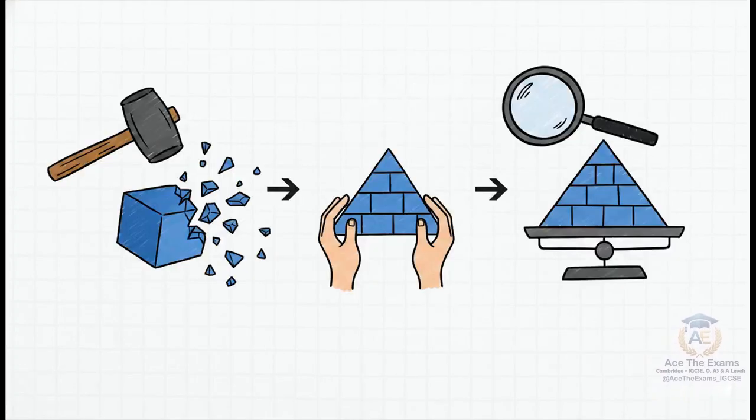If we were to boil all of this down into one ultimate triad for critical analysis, it's this: deconstruct, solve, evaluate. You break down the given information into logical pieces, you solve it step by step, and then you evaluate it to check